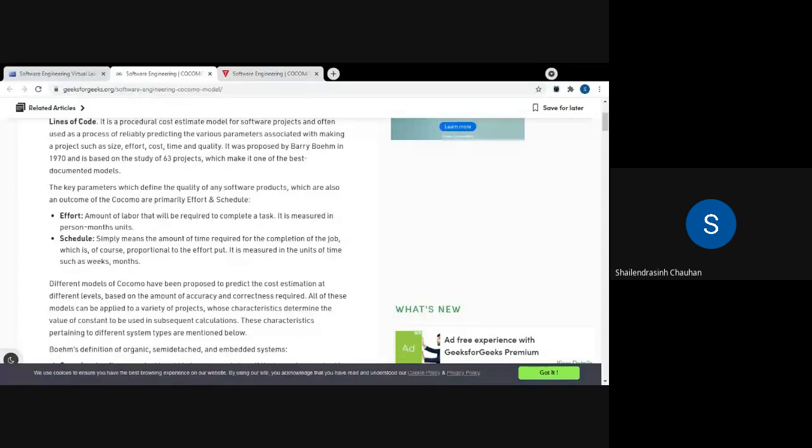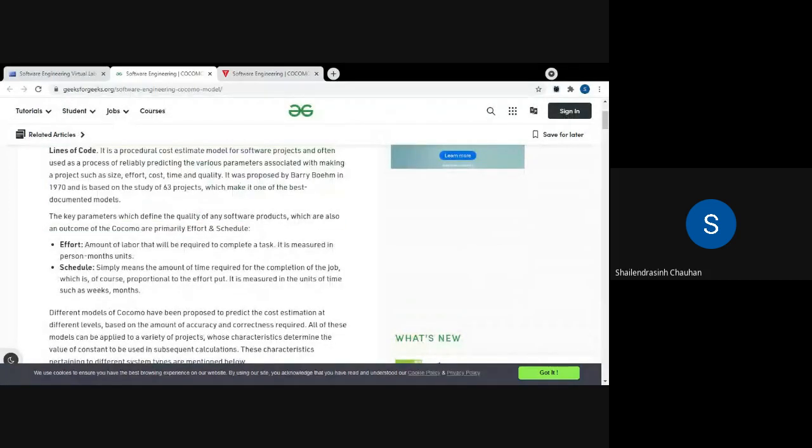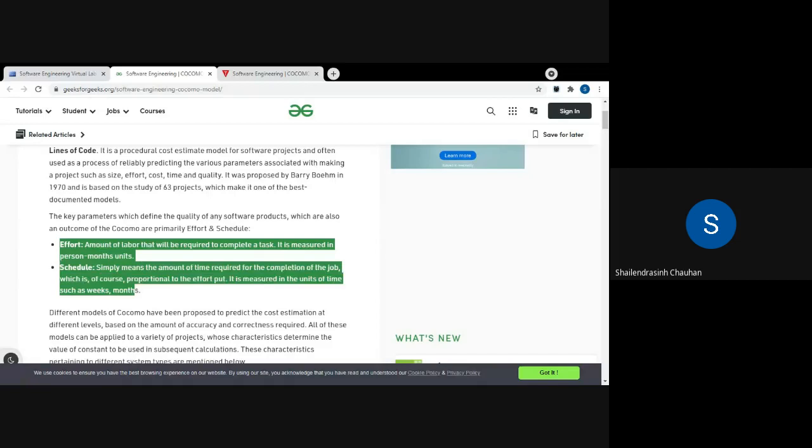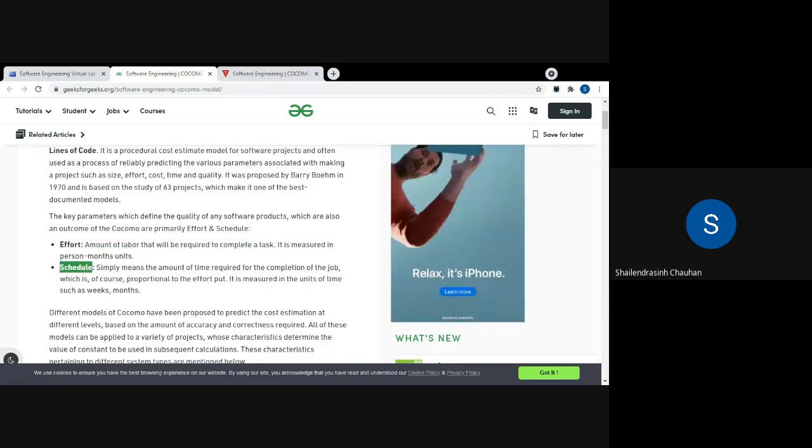A brief history is given, proposed by Barry Boehm in 1970. Effort is the amount of labor that will be required to complete a task. If you have one software, how much effort will be required? Then schedule is how much time it will require to develop that software or any module.